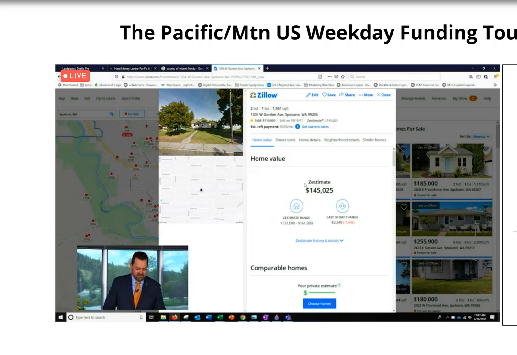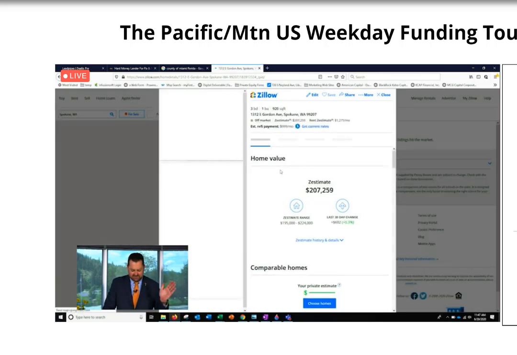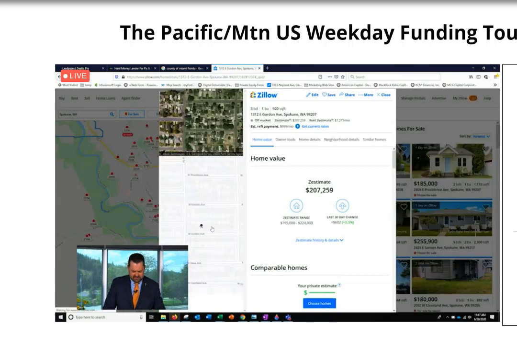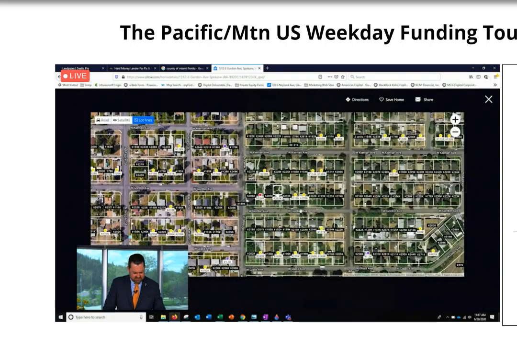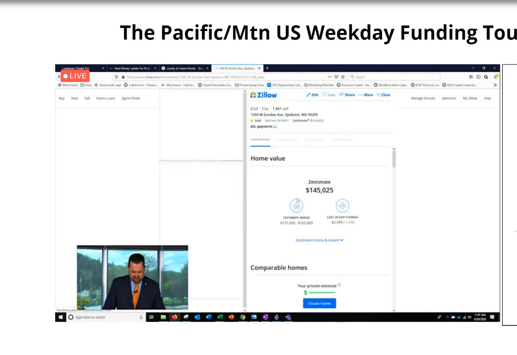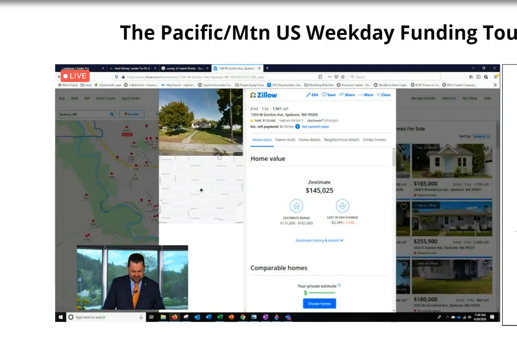Oh, and this is what, okay, now I understand what's going on. Google got me the wrong address. I've got 1312 East Gordon Avenue here, but when I clicked on the lot lines, and I clicked on this, it took me to a West Gordon address. Did you guys see that? That was a very subtle shift. Interesting. Okay, that's going to give us the wrong value, but I'm still going to write down 1304 East Gordon